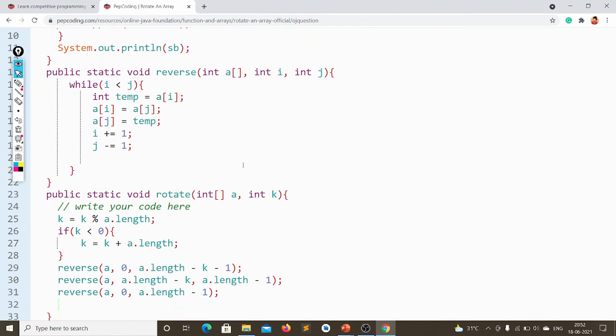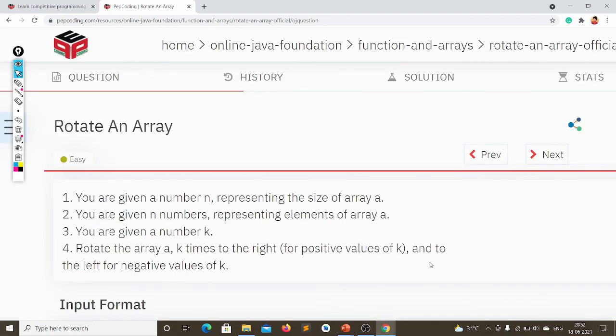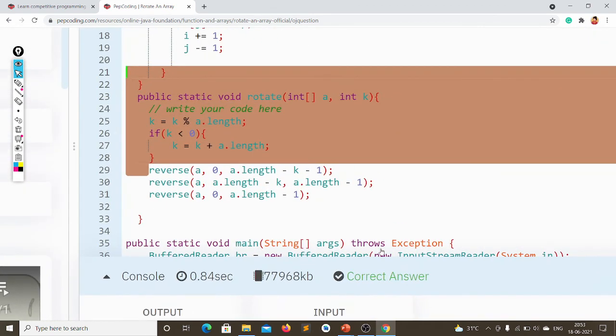I have a request for you people, because I already explained how to reverse an array, and I already explained deeply why I am taking modular division of k with array dot length. If my k is greater than 5, or if my k is less than 0, then it is equivalent to a rotation by k plus array dot length. And why I use three reversals here: the main task is to rotate the array within the array itself, without using any extra space. I already explained this very briefly. So that's it about the rotation of an array.